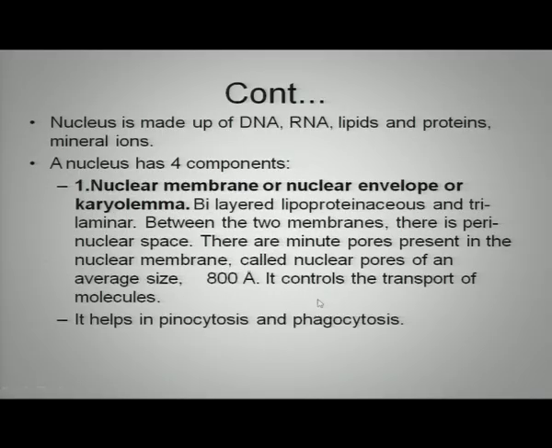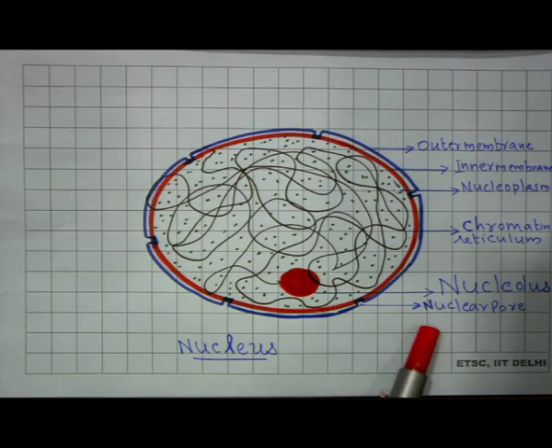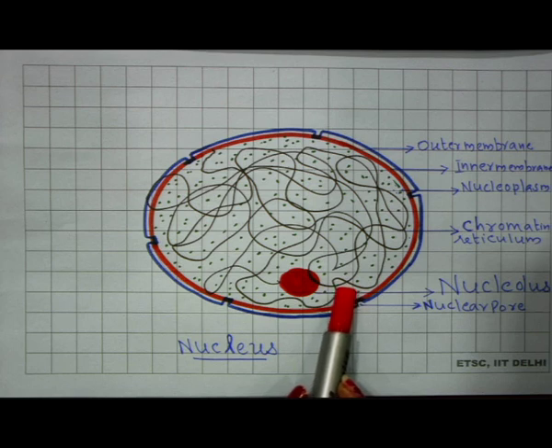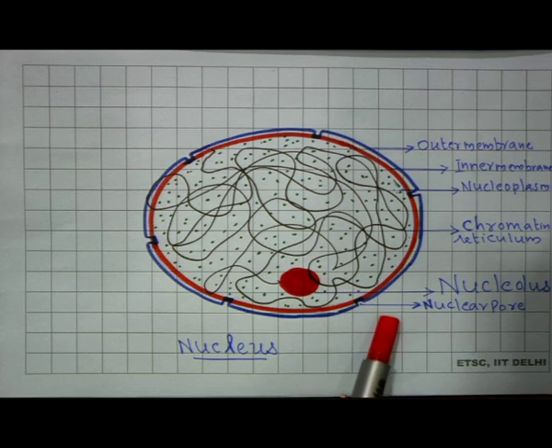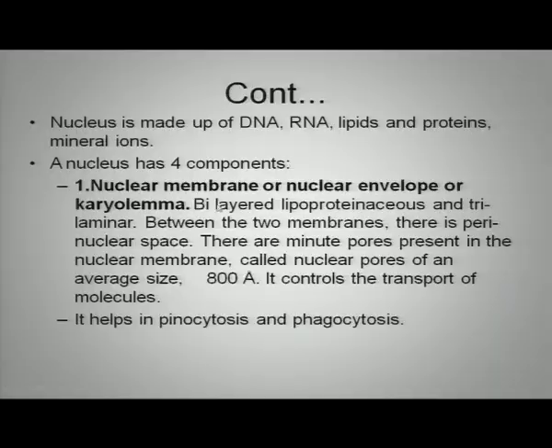And what is the need for this nuclear pore? You see, molecules are transported into the nucleus from the cytoplasm, as well as from the nucleus to the cytoplasm. So, this transport of molecules takes place through the nuclear pore. Here the nuclear membrane, or otherwise we can call it the nuclear envelope or karyolemma. Karyon means nucleus, lemma means layer or even membrane. So, karyolemma, it is double layered or bilayered,